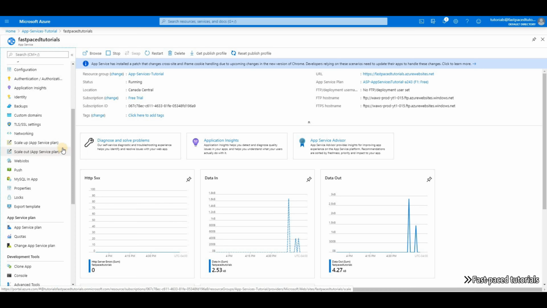Now, what is the difference between the two? You have the option to scale up or down your application, or scale out or in. A scale up simply means you're going to add more resources: more memory, more compute power, more storage. A scale down means you're going to remove resources. You're going to reduce the memory, reduce the CPU power, and sometimes reduce